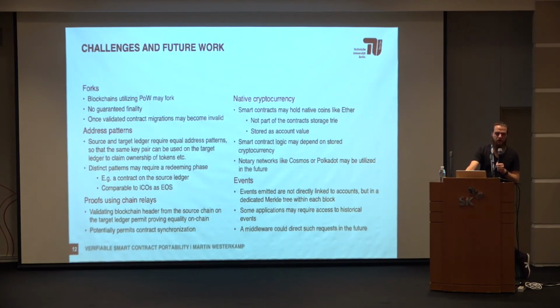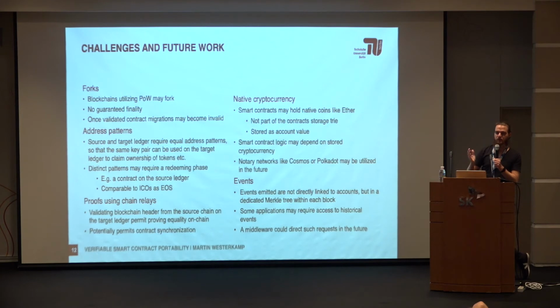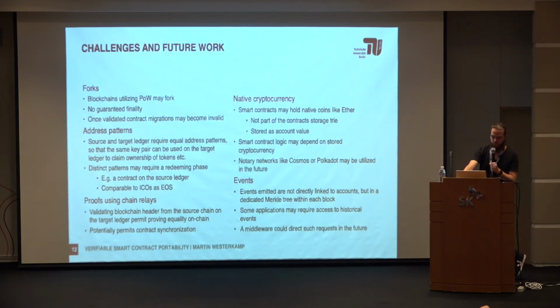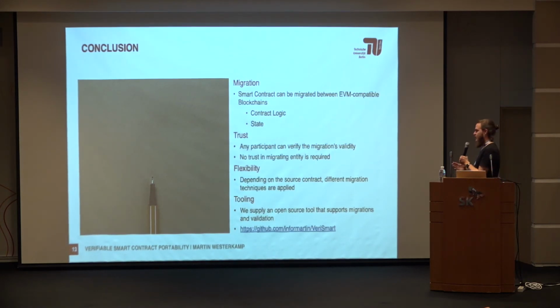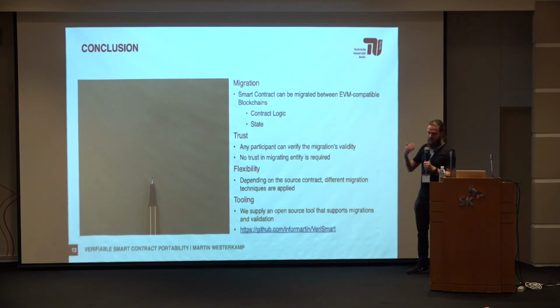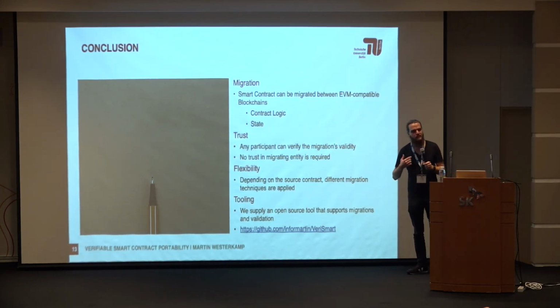Events, additionally, are linked not only to the contract itself, but rather to the block, and we cannot migrate them because they are historic. So one solution would be to have a middleware that allows us to forward requests depending on the age of the block. So in conclusion, we have created a solution that allows us to migrate smart contracts between EVM-compatible blockchains,